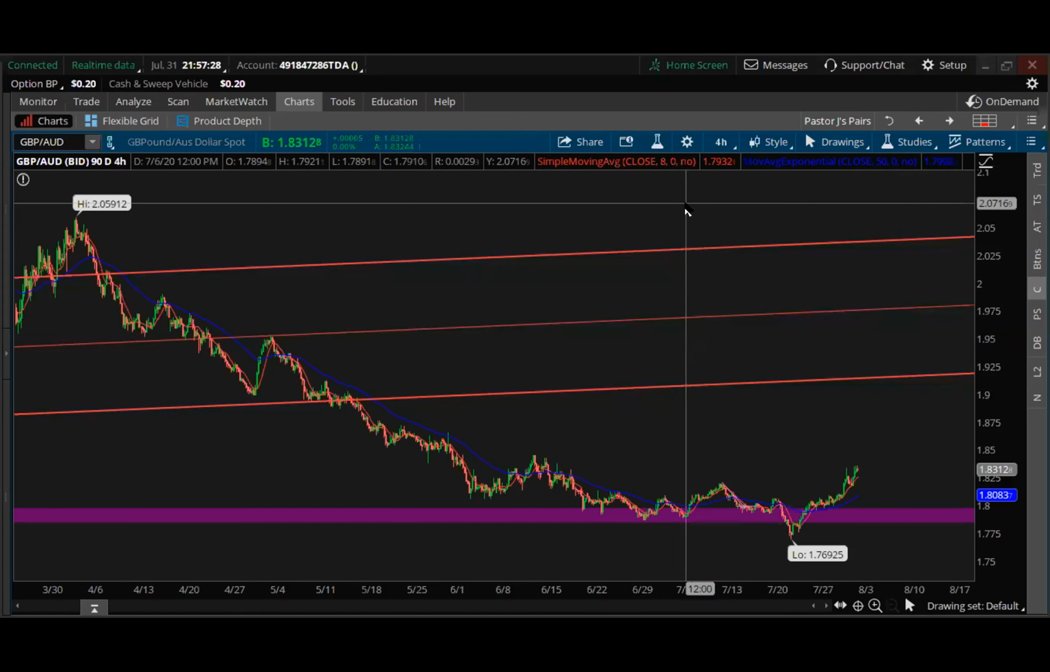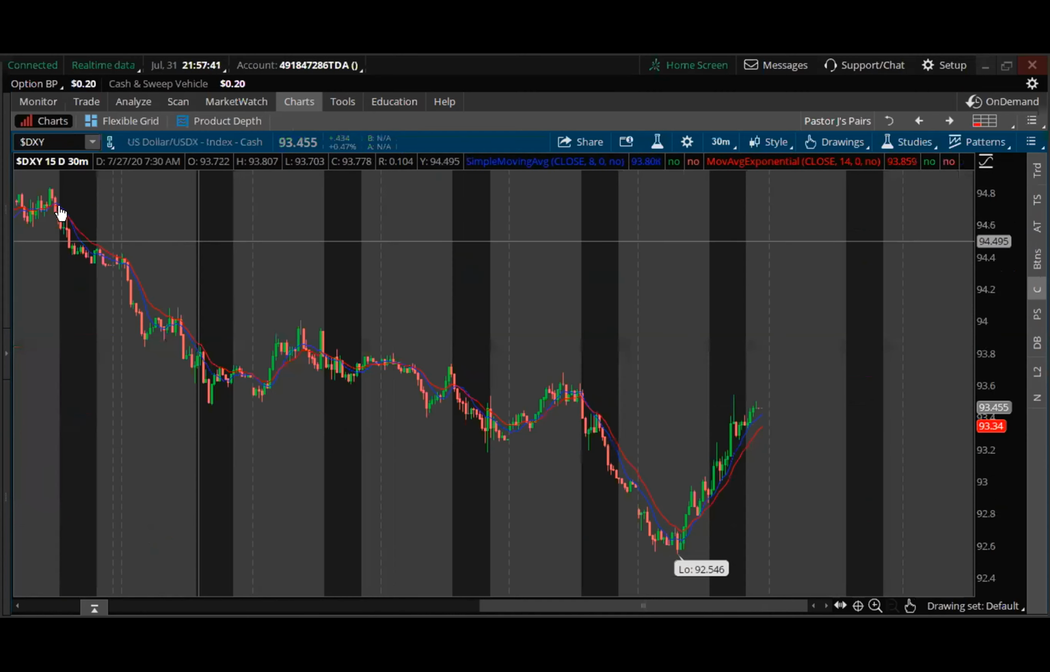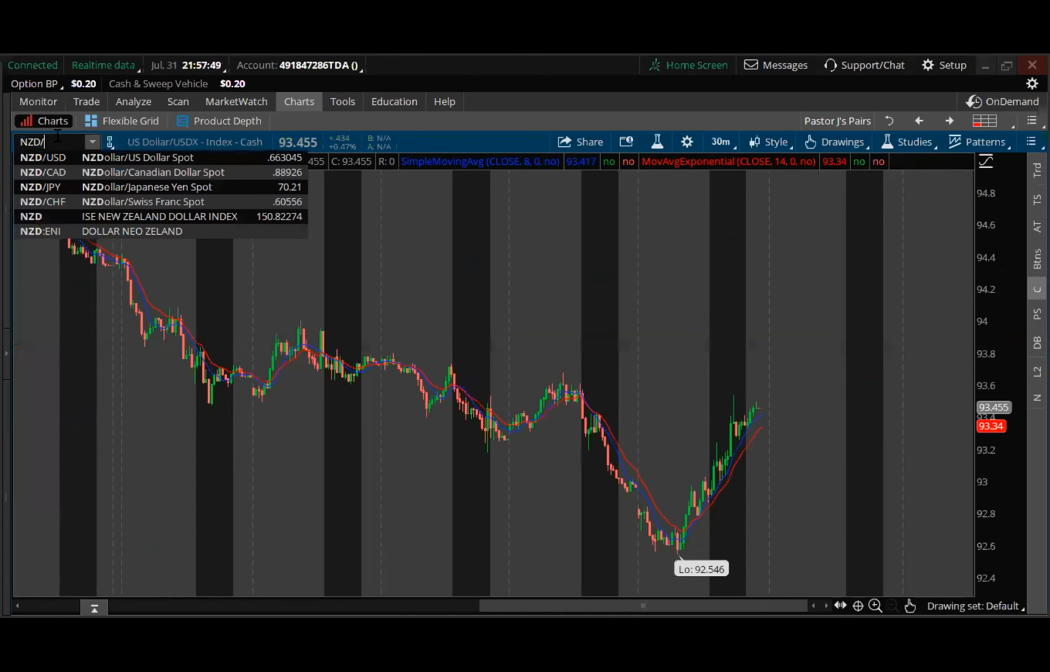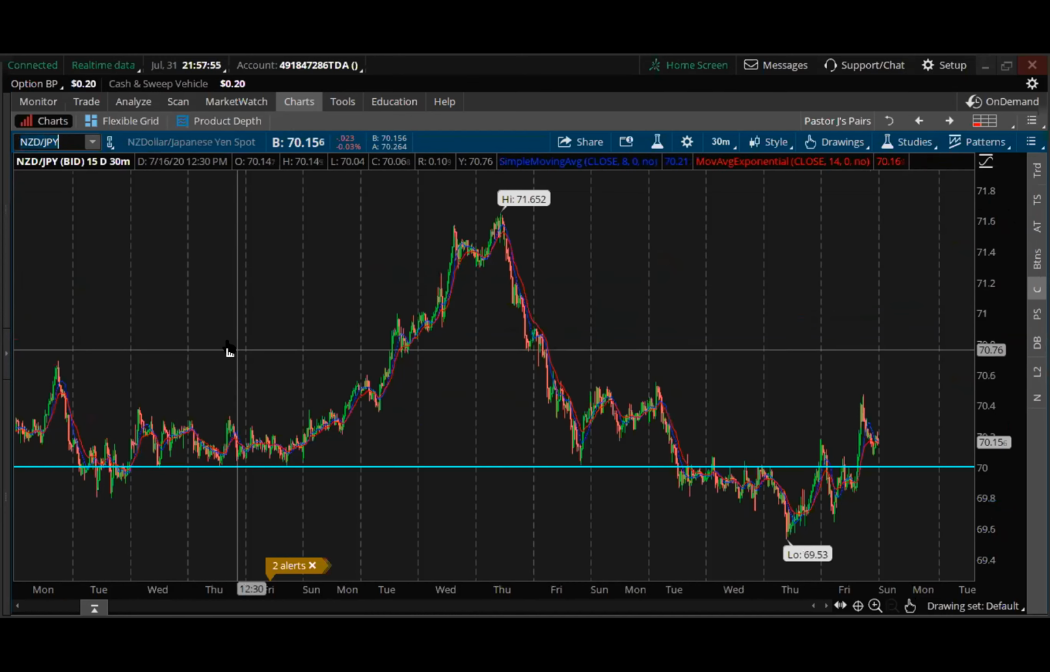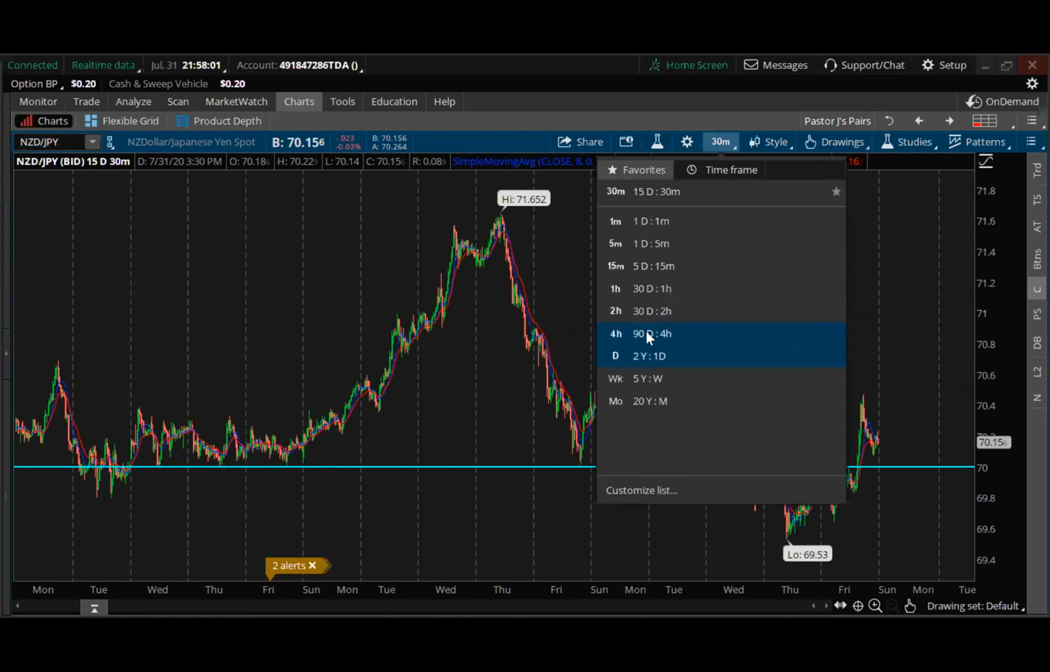If I had a random pair in mind right now, I would tell you. Let's pick one with USD in it, or one of those exotic pairs. Okay, let's say New Zealand Japanese yen. If you took something like New Zealand, that's not a major pair, that's an exotic pair. If you took something like that,